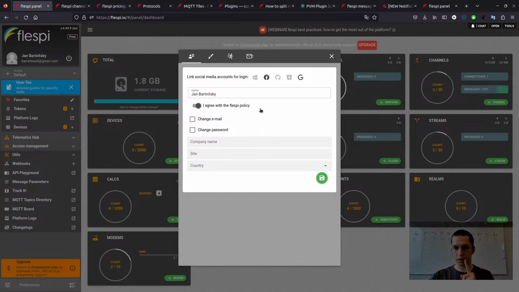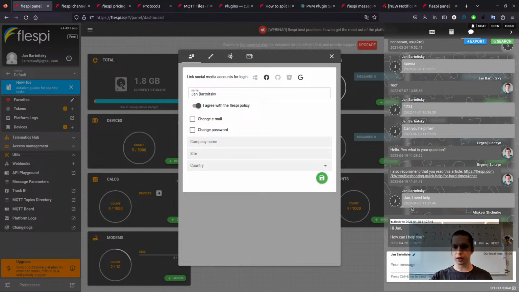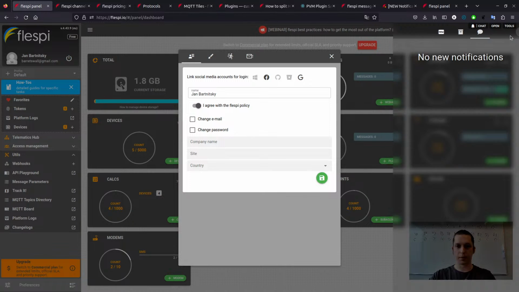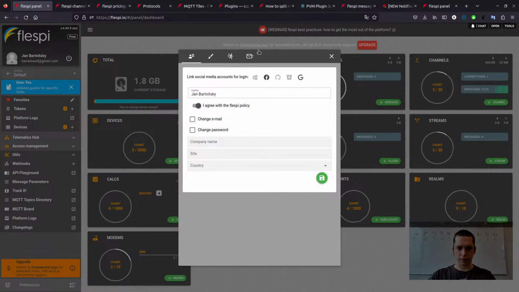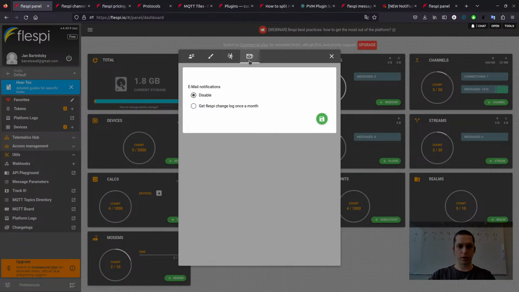To the word about the support, at the top right corner we have a chat button, which you can click and ask for help, and somebody, for example the CEO of our company, will answer like, hi, how can I help you? That's pretty impressive, I think. So yeah, the best way to get support is through this chat button. Okay, we will not explore further what we have here. You may explore by yourself.